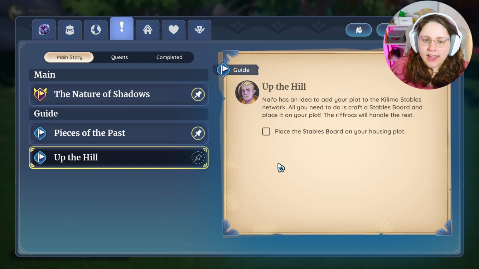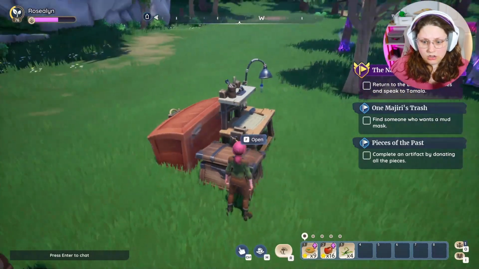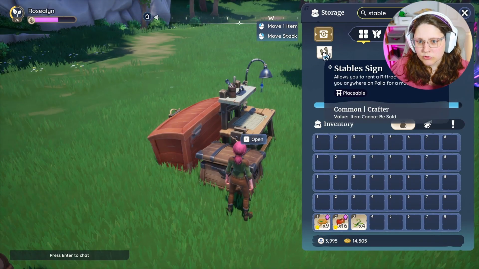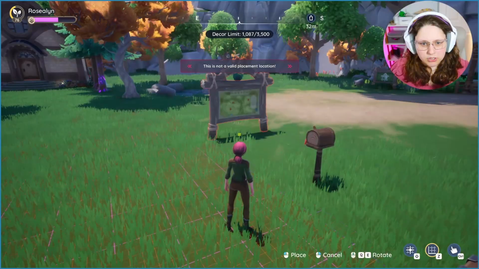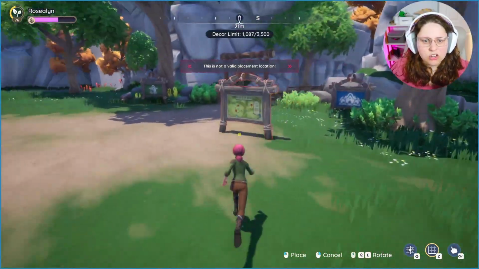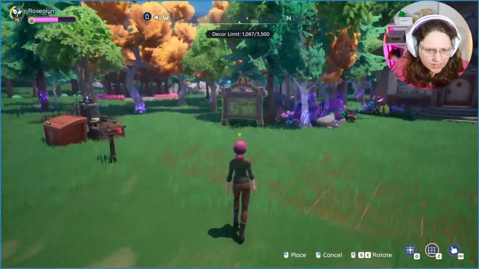And then the other one we have here is Up the Hill, which is a continuation of Nio asking us to check all of the stable signs in Elderwood. And he said, craft a stables board and place it on our plot. So I did make one of those. Stable sign. It says placeable. Allows you to rent a riff rock that will transport you anywhere on Palia for a modest fee. Ooh. He said, place the sign. Oh. Ew. I don't like that. I don't want to have to put that...